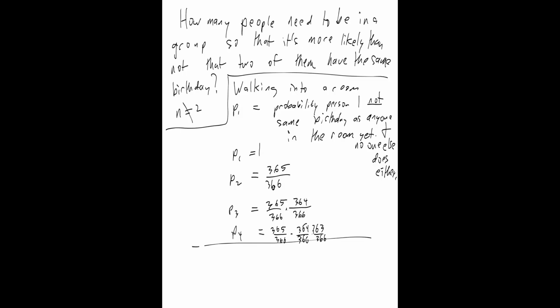So basically, 1 minus, do you remember the law of complements? 1 minus Pn is the probability that there are 2 people or more, at least 2 or more, that at least 2 people have the same birthday in the room. In the room, right? So let's calculate how many people need to be in the room